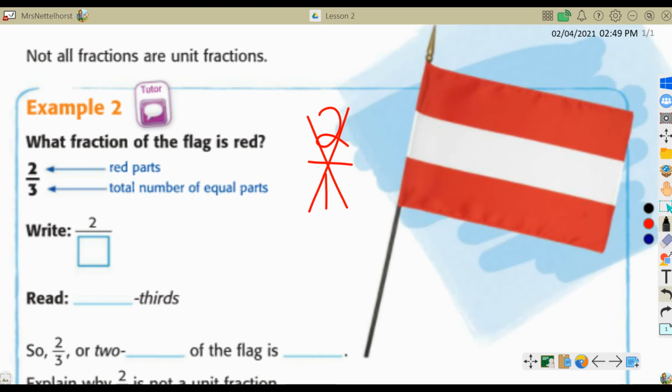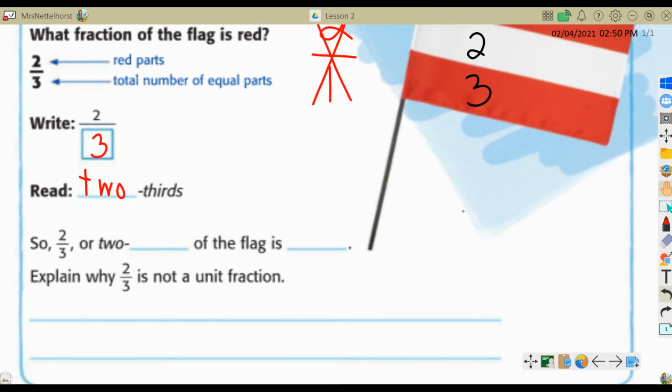I'm going to use black because writing in red will make it not show up. I have 1, 2, 3 equal parts. 2 of them are red. So I'm going to write 2/3 on the line. I'm going to use red because that's the color we're talking about. And so 2/3, we read two thirds. Now the number word 2 is T-W-O, so make sure you spell it correctly. Okay, so 2/3